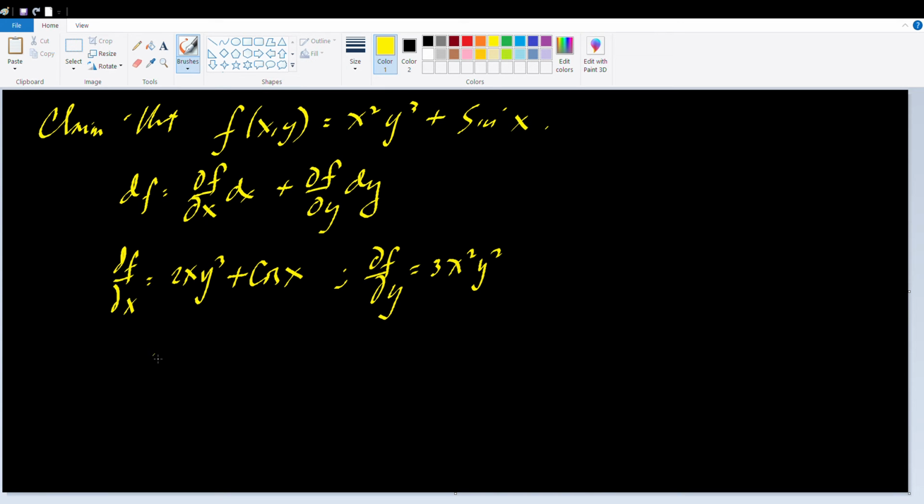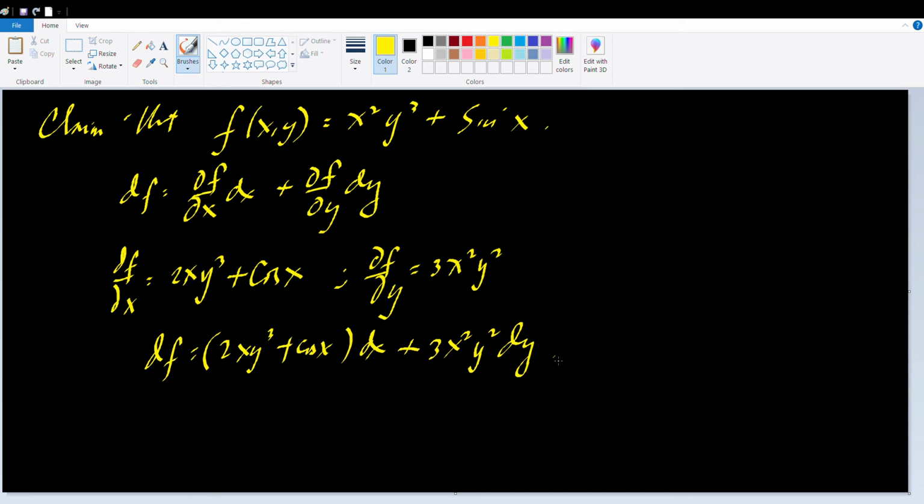So we write the differential of f as (2xy cubed plus cosine x) dx plus 3x squared y squared dy. Hence, the given equation is exact